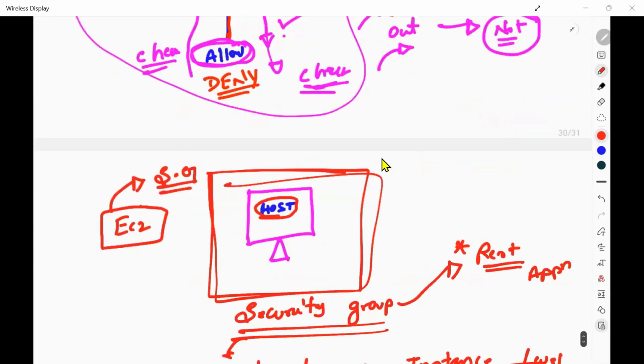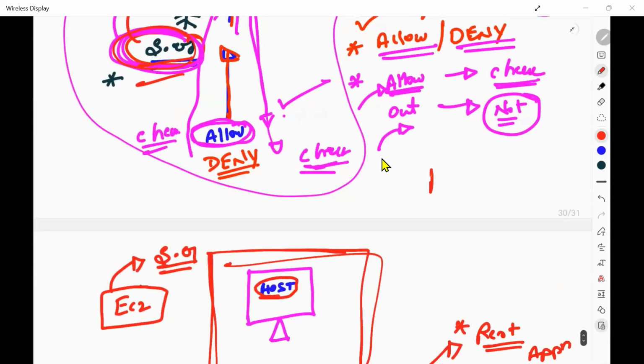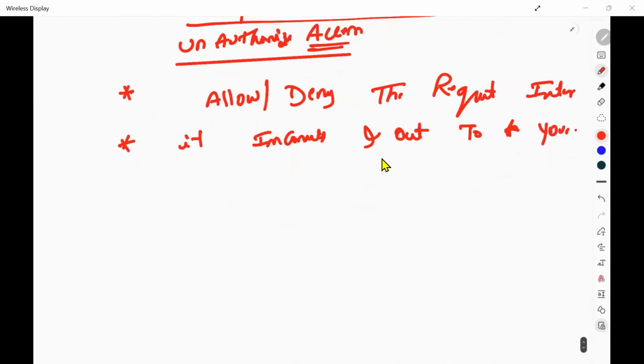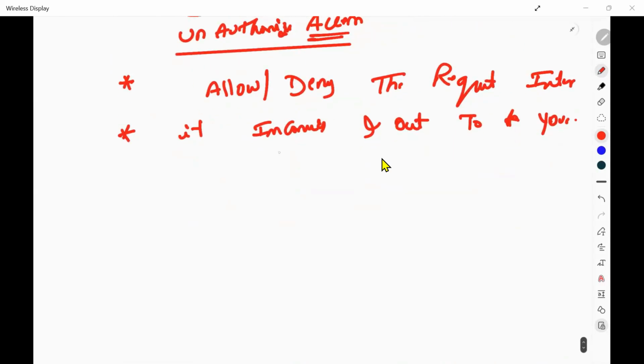Here the security guard is controlling who should go in and who should come out, right? That's the same replication here. It controls incoming and outgoing traffic to your instance. That is another point.